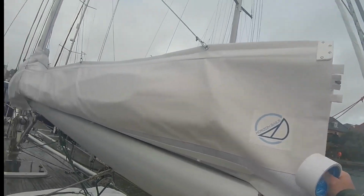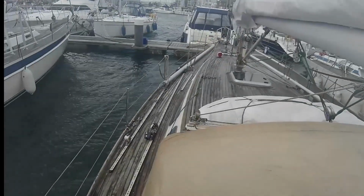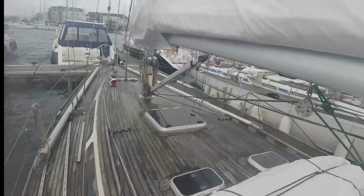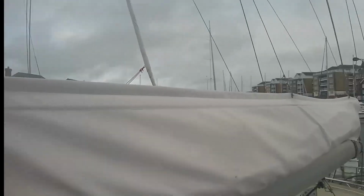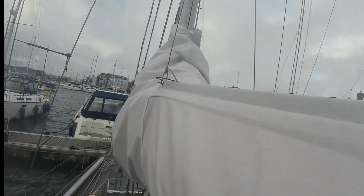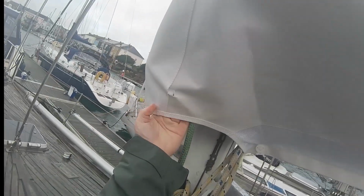Okay, so I've bought this Mack Pack from Horizon Sales, and this is my experience so far. I've had this Mack Pack, which comes in two parts. There's a stack pack that you can see now, and there's also the mast hood at the front there. I've had it for just about 2 months in this part of the video, and I've noticed that there is